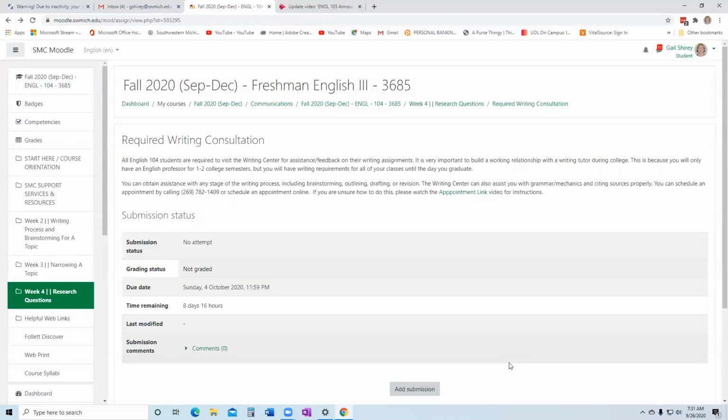Remember, you should make your appointment right away, even before you're done with your draft. If you want, make an appointment for Friday at 3 p.m. and then you have all week to develop your draft. Do get on top of it. Make an appointment. They fill fast.